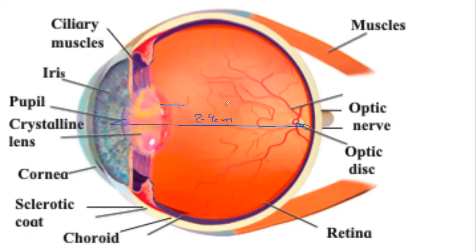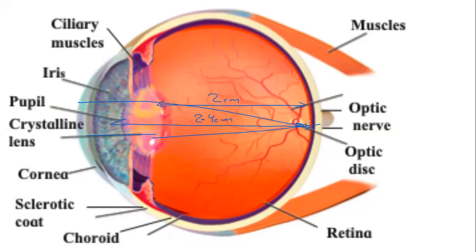And its focal length is 2 centimeters. What does that mean? If the light beams are parallel, they will converge on the retina, so the image will be formed on the retina. Right? We are understanding how what we have learned about lenses is actually happening in nature, not just in something human beings have created, but something that has evolved in nature.